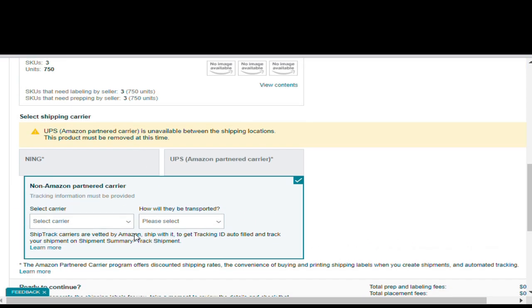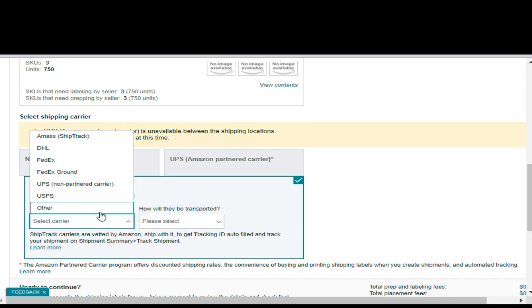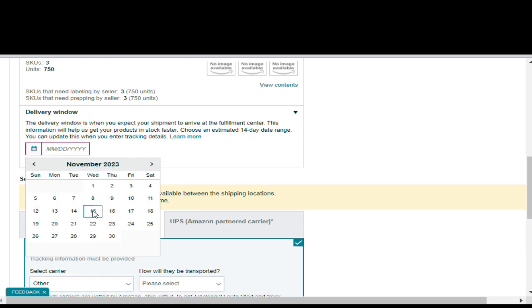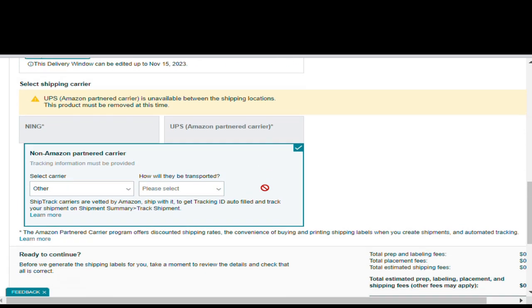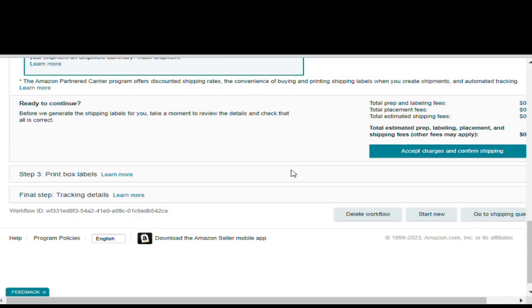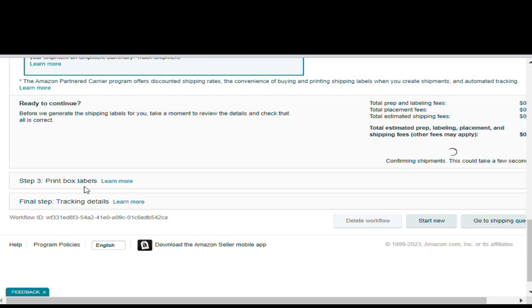But as my case is different, my inventory is coming from China, that's why I have selected different carrier services, and then I will click on Accept and continue. Once I click on the button Accept and continue, it will redirect me to the other portion of the page, and here I can print the